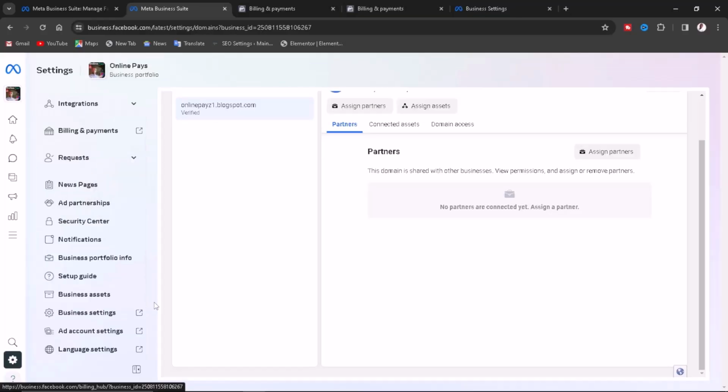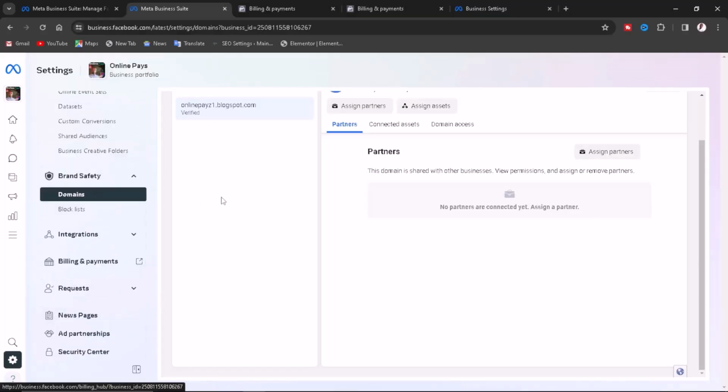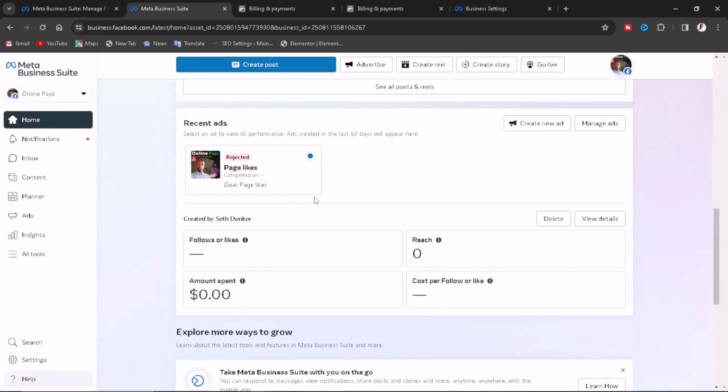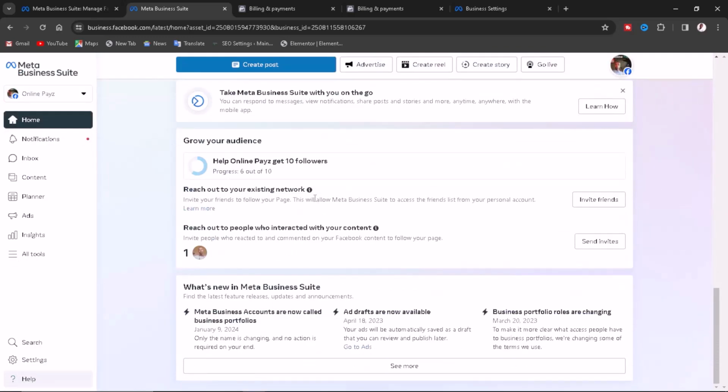So these are the simple settings you can do on the Meta business site that will help you run ads or manage your business account on Facebook Meta business. In our next video, I will show you how you can start managing it and how you can start creating content using the